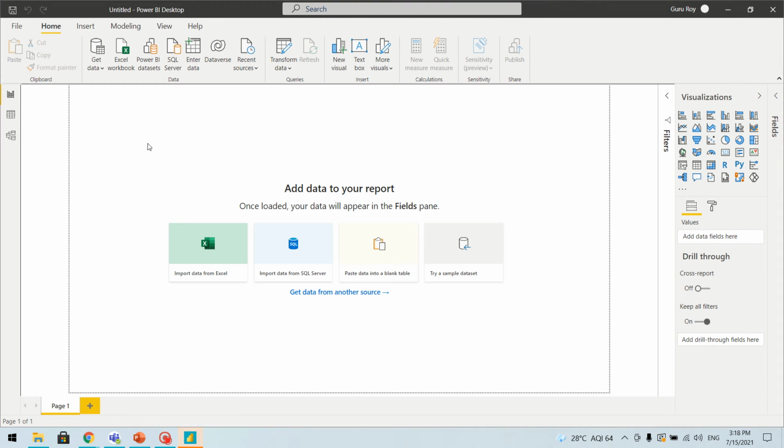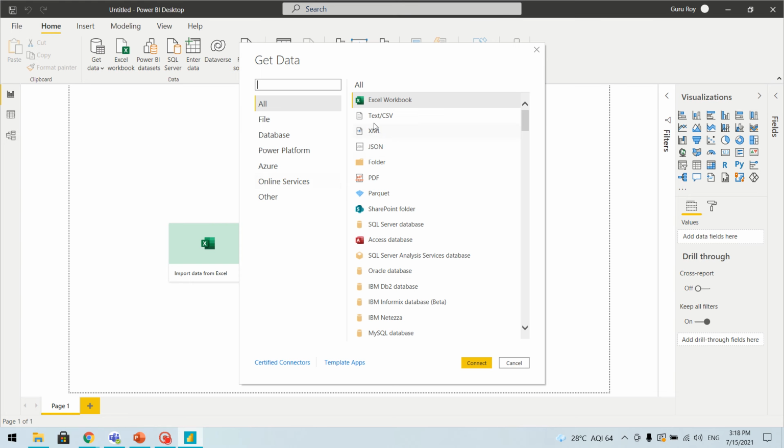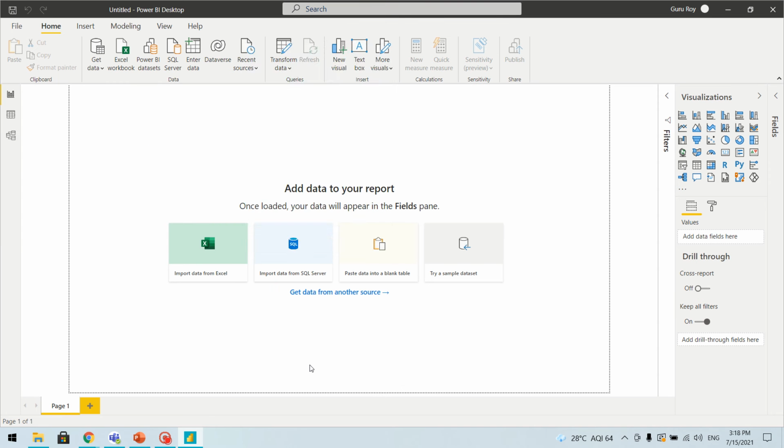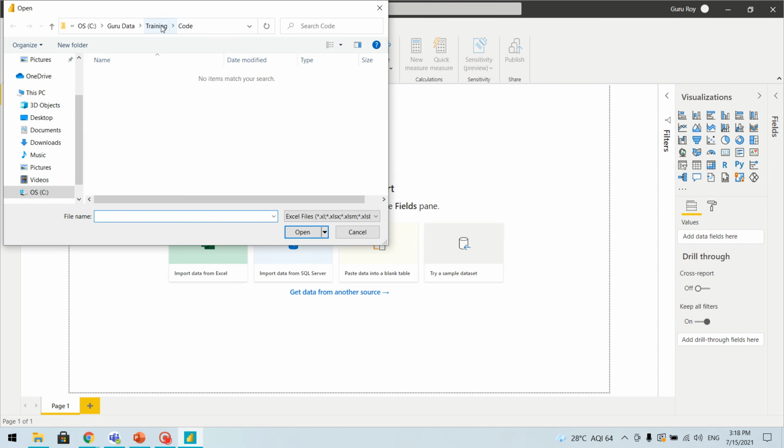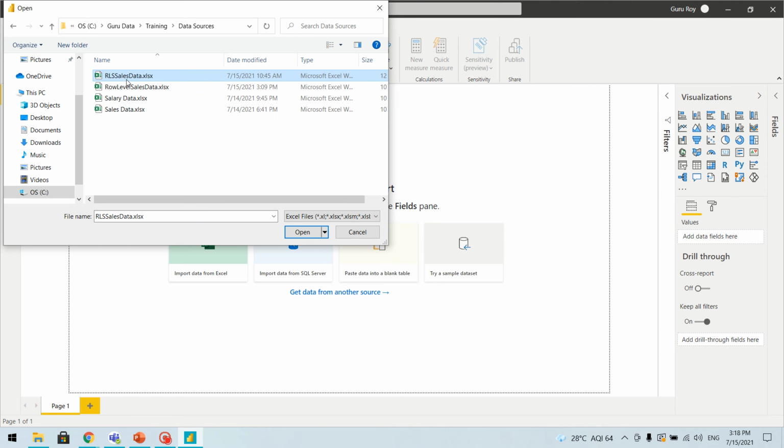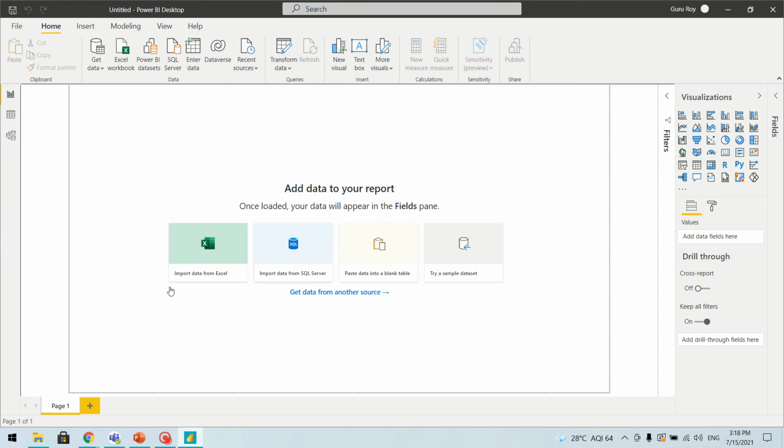So now we'll connect to another data source, and we'll see what data we need. So I have created this data source.